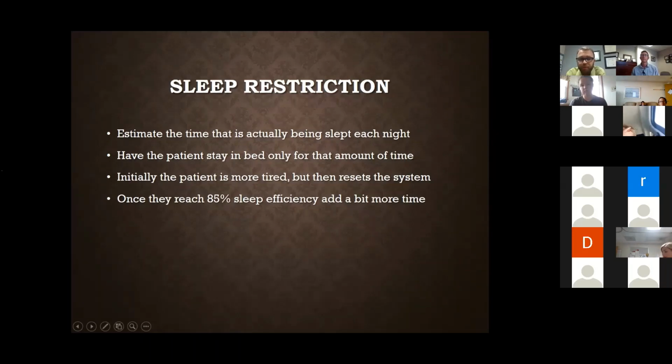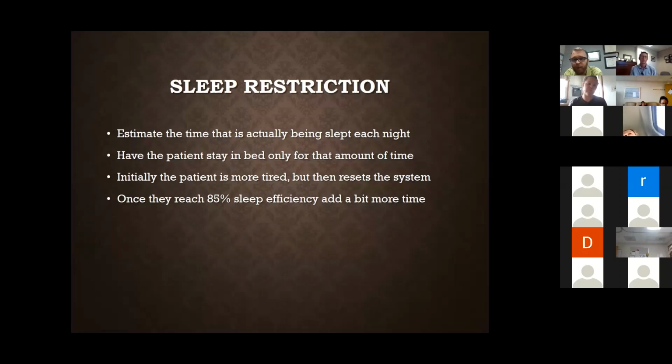Sleep restriction. This is one of the best techniques, but also one of the toughest sells that you're going to give. And so use this for patients that have tried all the other stuff. Patients already hate sleep hygiene at times, and this is far beyond that. And so if patients have tried the sleep hygiene thing, if they've tried the paradoxical intervention, if they've tried stimulus control and relaxation techniques, this would probably be what I'd put as the last resort behavioral treatment.